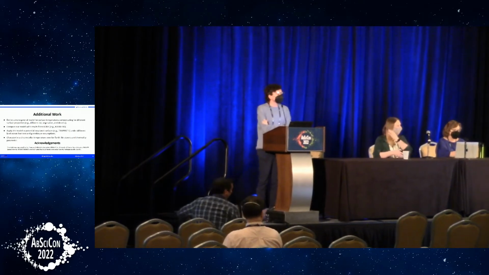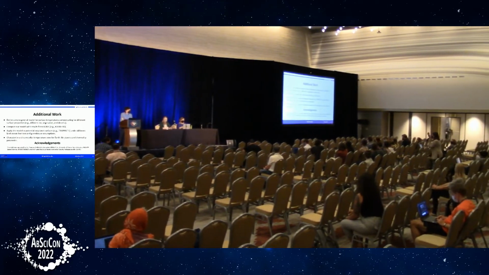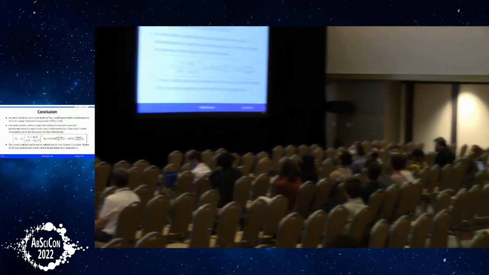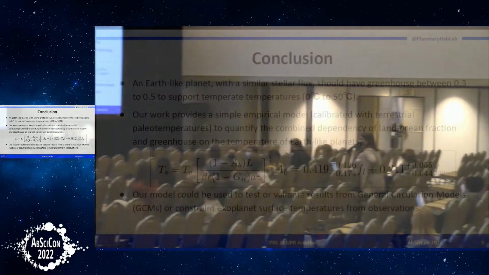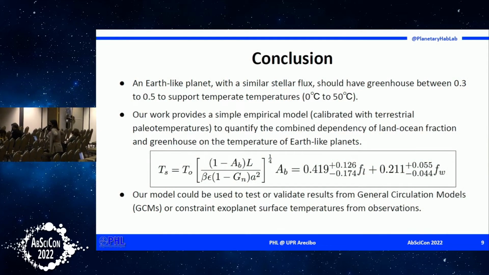Yes, Eleonora Ley from ETH. Maybe a naive question. Can you go back to the previous slide? Great. Say that we have an estimate of the surface temperature with future missions, talking about 20 years from now. Could you, at that point, get an estimate of the fraction of land versus the fraction of water, or is it totally unfeasible? I think that potentially we could,